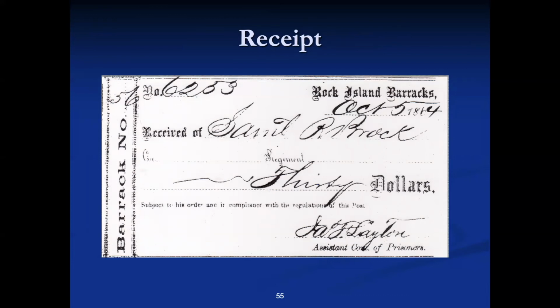So a letter was sent from home with $30 in it to Sam, telling him pretty much to buy a winter coat. But by the time the letter got to Rock Island, Samuel Brock was already deceased. So the government just pocketed that $30 and provided a receipt in the file, and that was it. The letter is in the records of the Rock Island prisoner of war camp